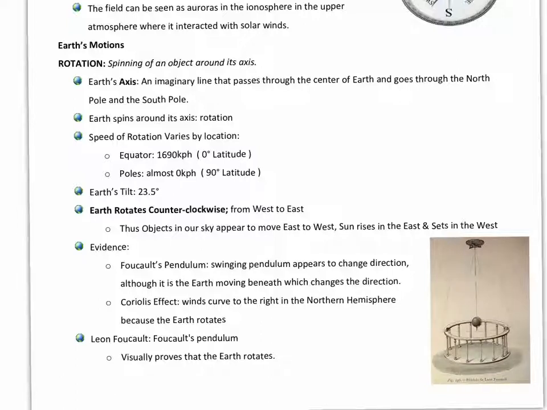If you think about it from the other direction, throwing a ball from the poles, from the North Pole down toward the equator, imagine, of course, you're Superman, you can actually throw it that far. When you release that ball, the target that you're aiming at, by the time the ball gets all the way down there, would be way far off to the left. So as you're standing there at the North Pole, you're going to see the ball make this apparent deflection to the right. We'll discuss that a little bit more, but I just want you guys to get a brief introduction to the Coriolis effect before we continue.